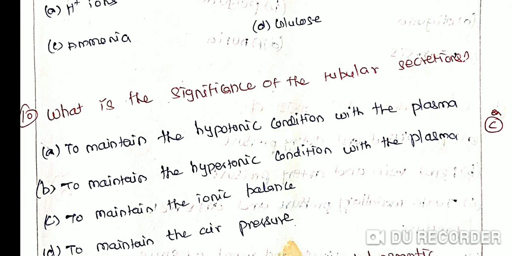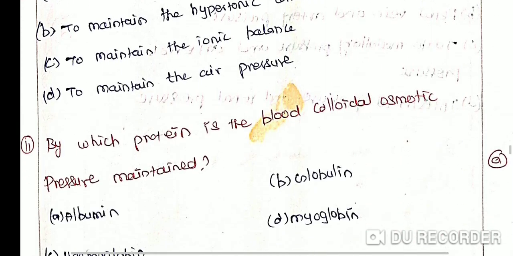Next question: what is the significance of the tubular secretion? Option A, to maintain the hypotonic condition with the plasma. Option B, to maintain the hypertonic condition with the plasma. Option C, to maintain the ionic balance. Option D, to maintain the air pressure. The correct answer is option C, to maintain the ionic balance. Explanation: tubular secretion is an important step of urine formation in our kidneys. Tubular secretion helps in the maintenance of the ionic balance of various electrolytes and ions that are present in our body fluids. Next question: